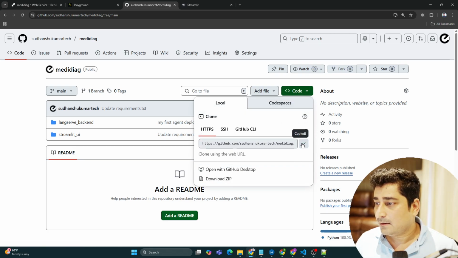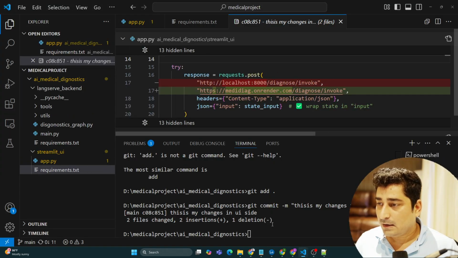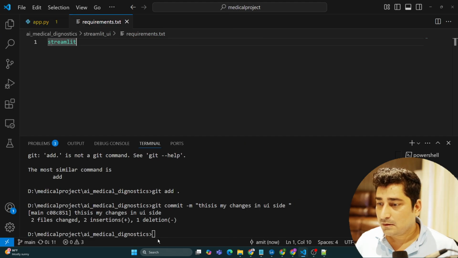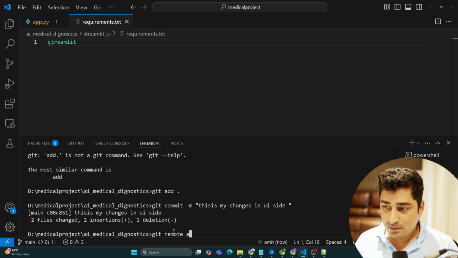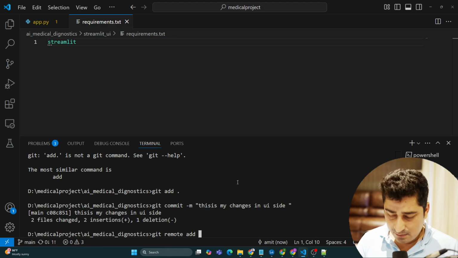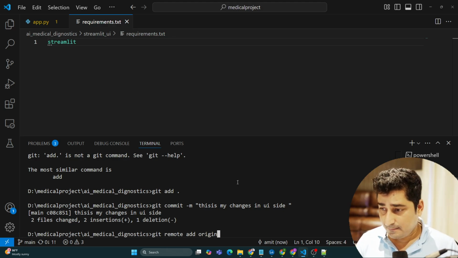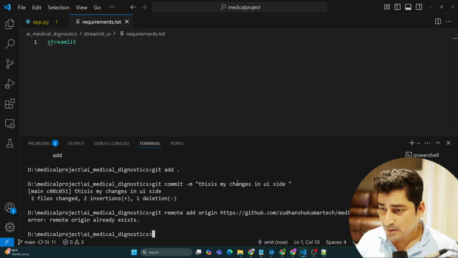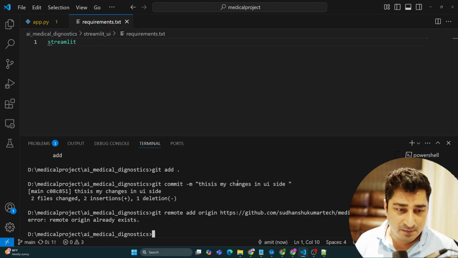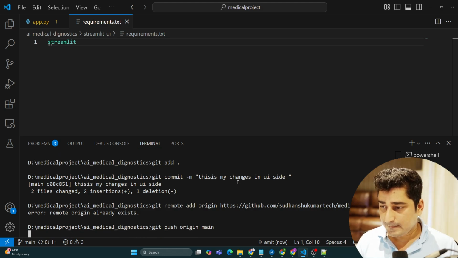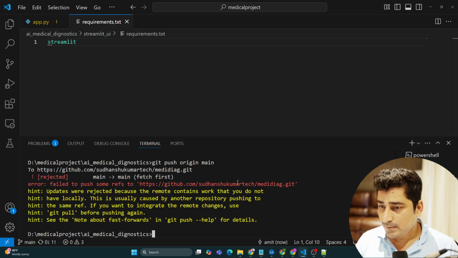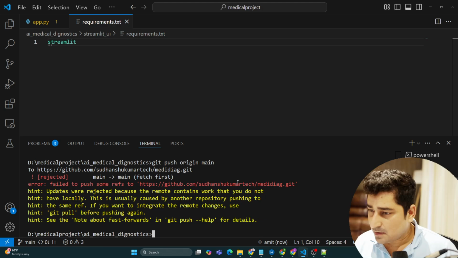Copy this one. And then here we can do git remote add origin, although it's already been added. Okay, so like I said, it's already available. Git push. Error, rejected. Okay, maybe it has been rejected because of